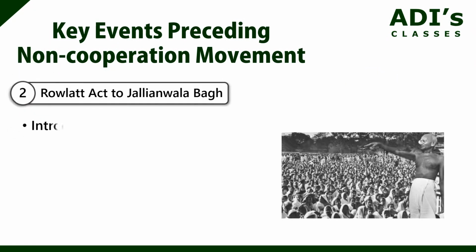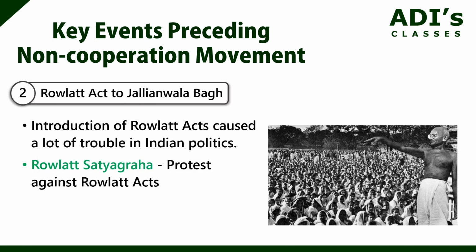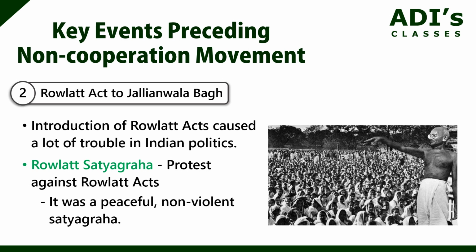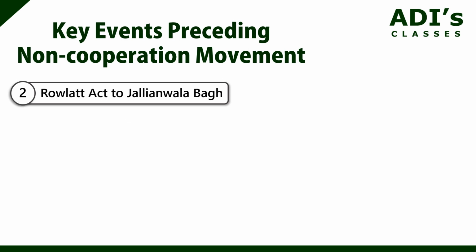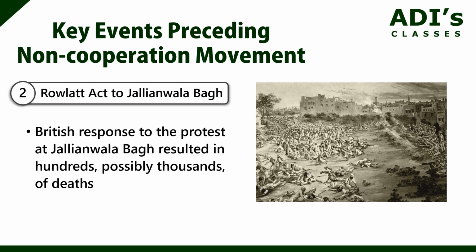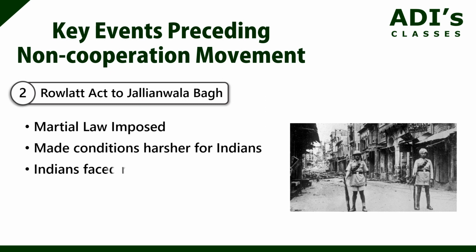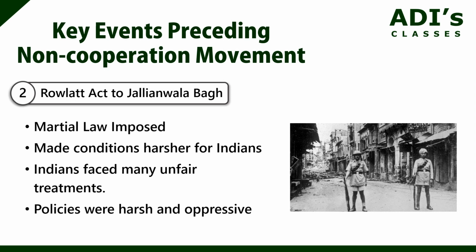The introduction of the draconian Rowlatt Acts led to a lot of strife in the Indian political circles. The Rowlatt Satyagraha was organized as a form of protest against the Rowlatt Acts. We have already seen this in the previous videos. The Rowlatt Satyagraha, in fact, was a peaceful, non-violent satyagraha. The British establishment responded with the Jallianwala Bagh massacre, killing hundreds, if not 1,000 people. Martial law was imposed after the massacre, making conditions even worse. The various indignities that the Indians had to suffer due to the oppressive and beastly policies of the British had